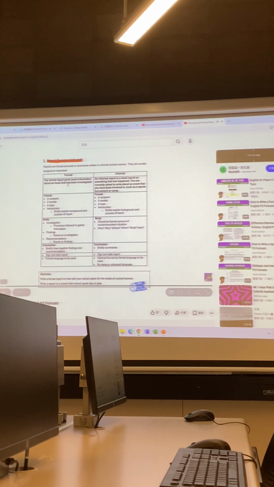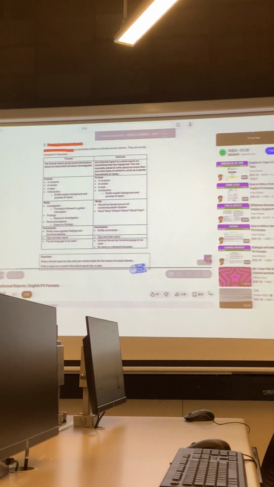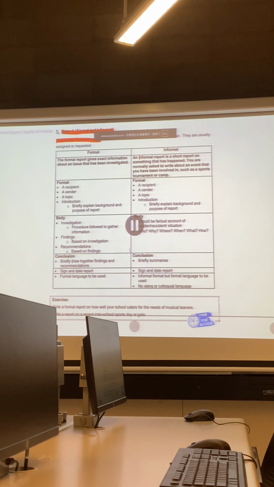Just the differences between a formal and an informal report. So reports, and it's very cool. This is the detail of what a report is between formal and informal. So formal usually has in the body an investigation or procedure, following together information. There are findings and recommendations. So this is more